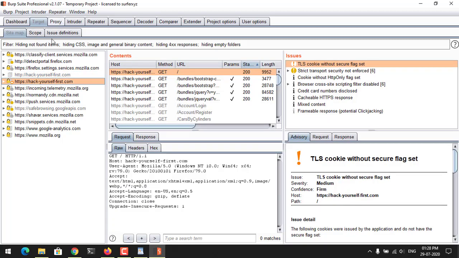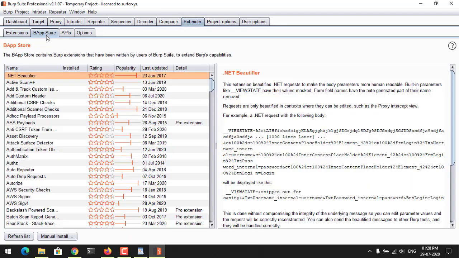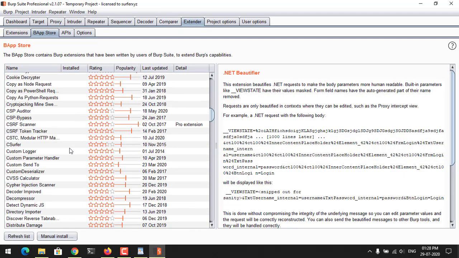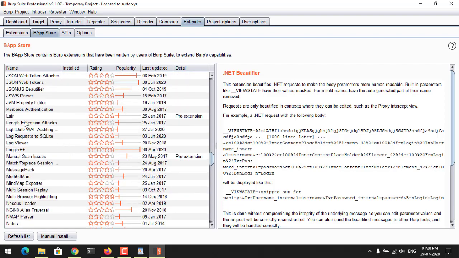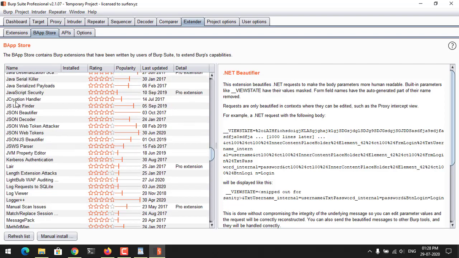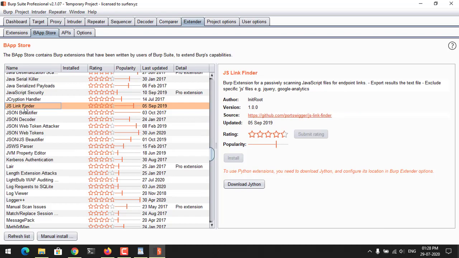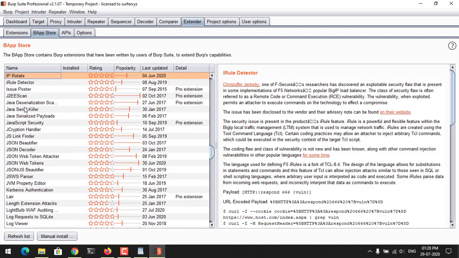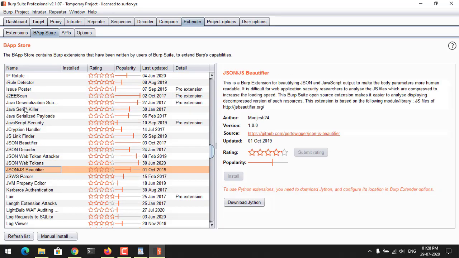So you need to go into Extender, BApp Store and JS Beautifier. You go and search for JS Beautifier. JS Finder is also good. JSON Beautifier is also what we will be needing. JSON or JS Beautifier.